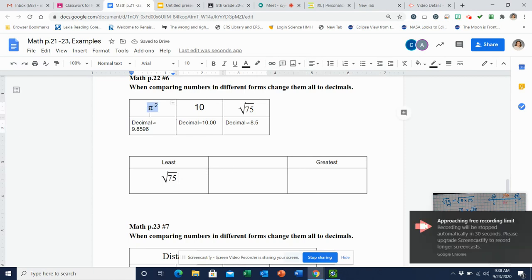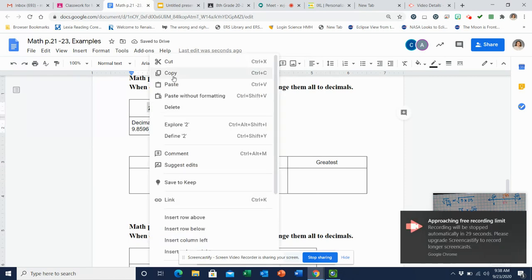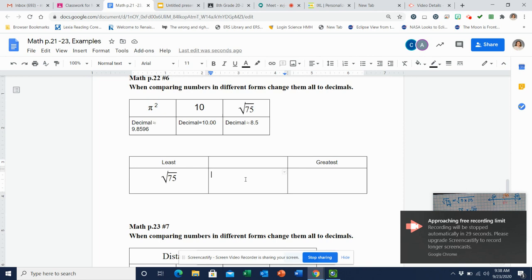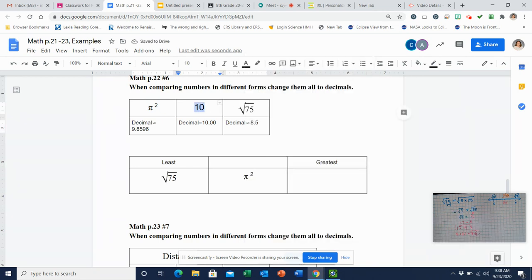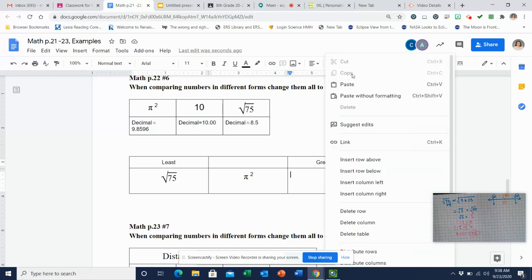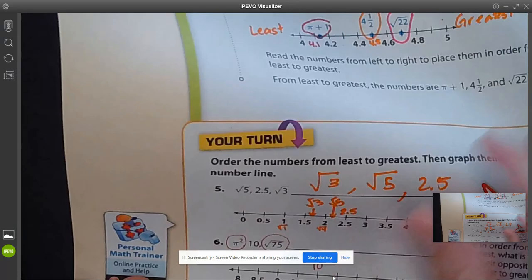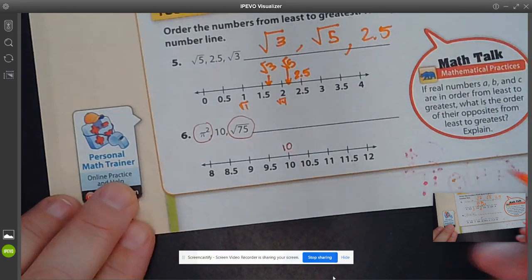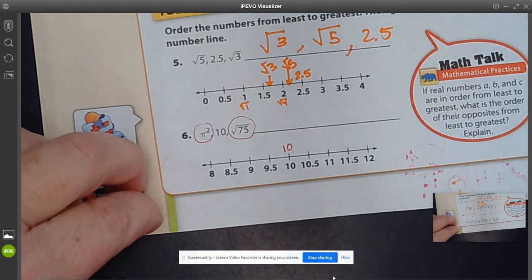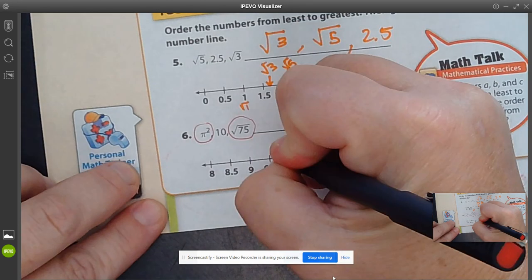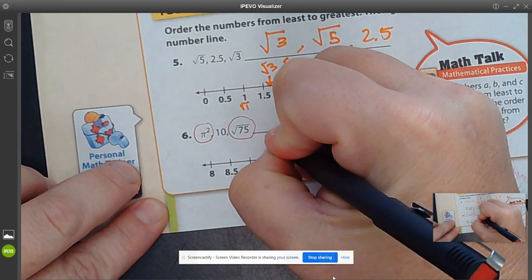Pi squared is less than 10. And 10 is the greatest value here. And then if we were to put those on the number line, right, it helps to have those values. So we're going to put those on the number line right here, right? So this was pi squared was a little bit